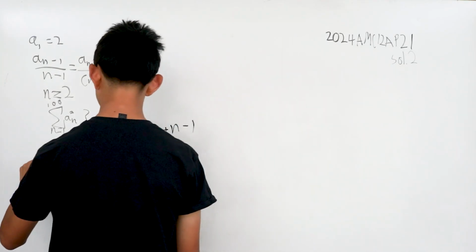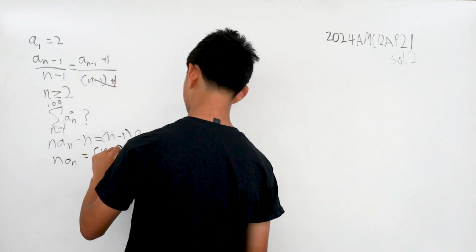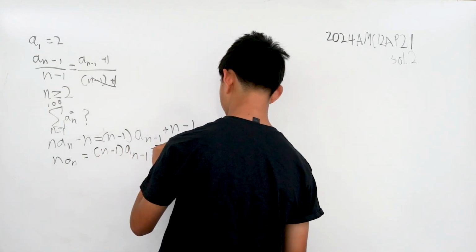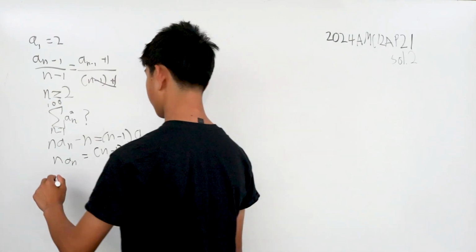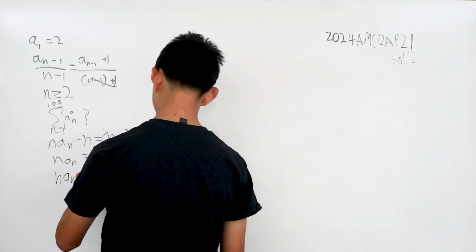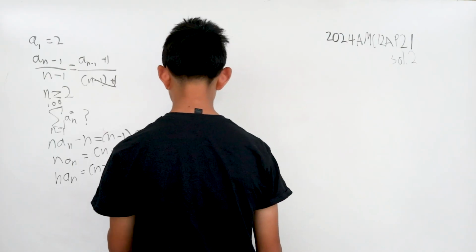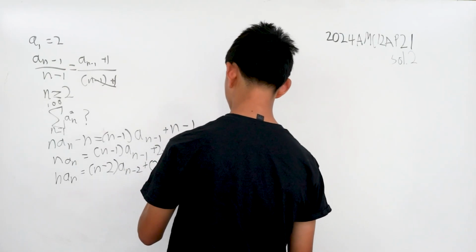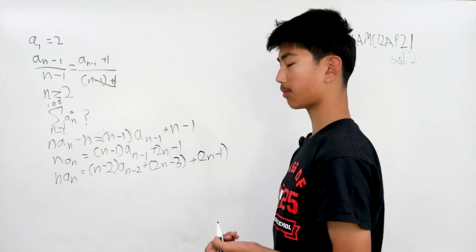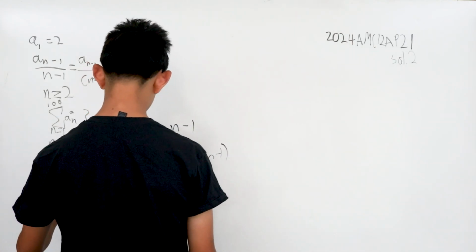We add the n to the other side to get n a_n is (n minus 1) a_(n minus 1) plus 2n minus 1. Now what we can do is this side we do (n minus 2) times a_(n minus 2), and then to add that back we do 2n minus 3, and then just add this value here, 2n minus 1. Now when you multiply this out, substitute say n is, well, just any value, we get